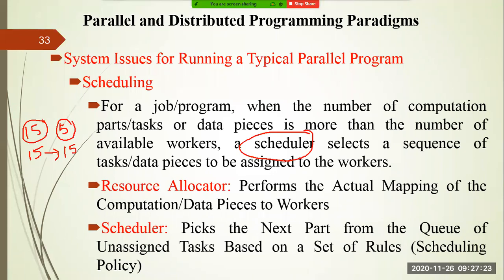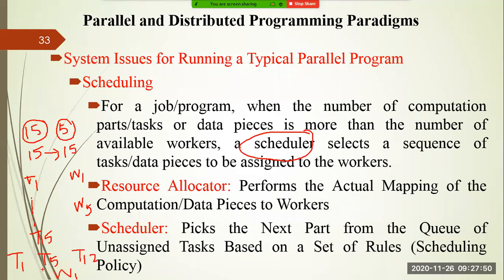That's why a scheduler is required, because the scheduler will determine this. Suppose the workers are W1 to W5, and you have task 1 to task 15. Let us assume that task 1, task 5, and task 12 are assigned to W1.